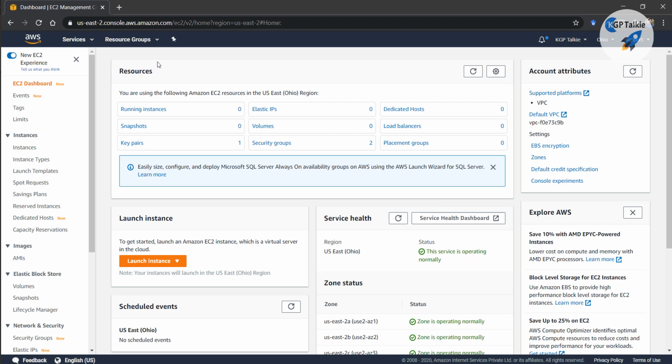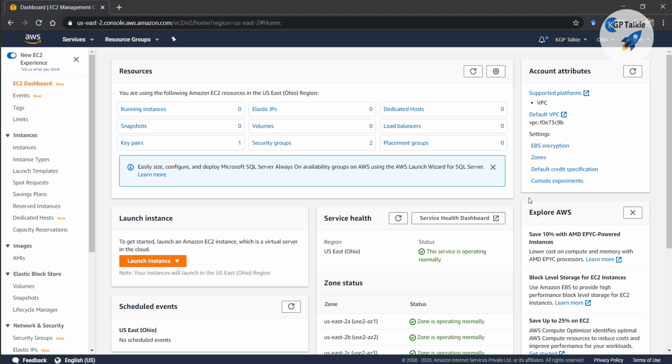Do remember, an EC2 instance is like a remote computer. Alright, so we can do most of the things we do on our home computer or local computer on the remote computer. Even more than those things we can do on a remote computer. Alright, that means a server, a remote server. Alright, so